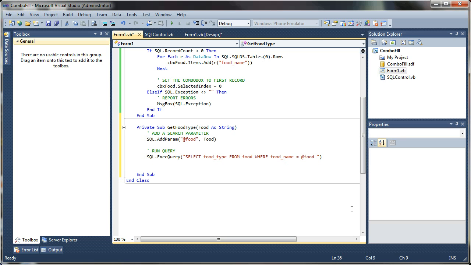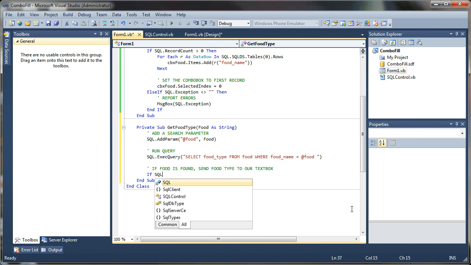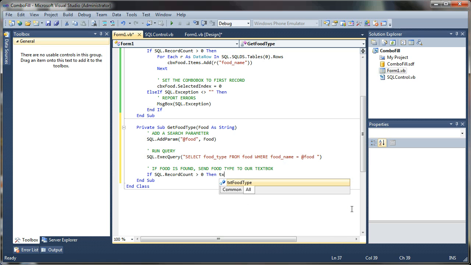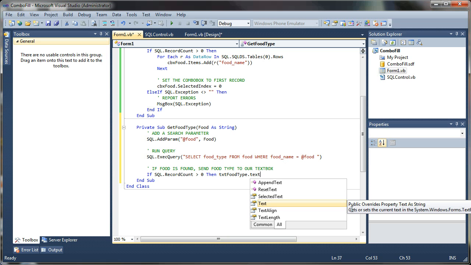Alright, so that's fairly simple, and then we'll say if our food is found, then send the food type to our text box, okay? So we're going to say if we find some food records here, let's say if SQL.recordCount is greater than 0, then we are going to set our txt, that's our text box, food type, dot text to equal, and this